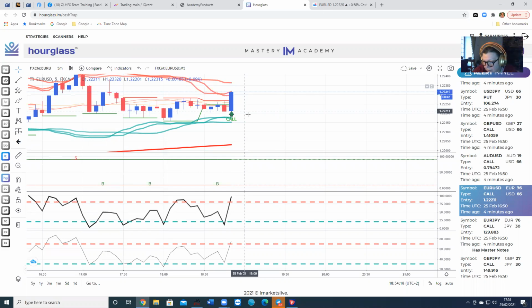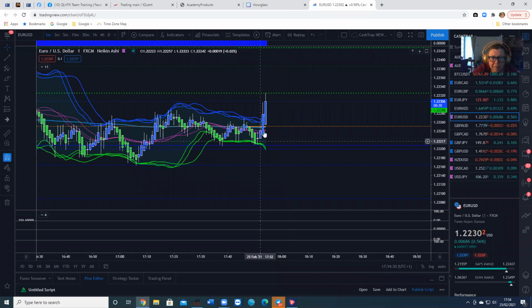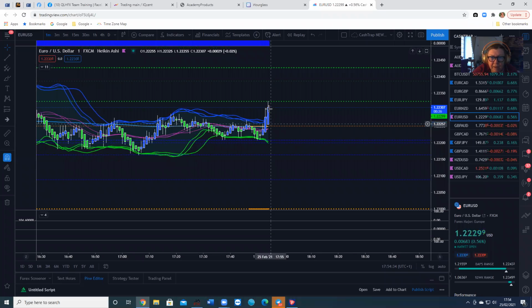Now we're coming up to 5 minutes to the hour, though. I would say to myself, I'll wait for the turn of the hour, and I probably would not take another trade now until you get the hourly candle. There it is. Look at that. How fabulous is that? Right, gone right. Beautiful trade. Absolutely beautiful trade. Sweet as a nut. So I now wouldn't want to get into a trade until